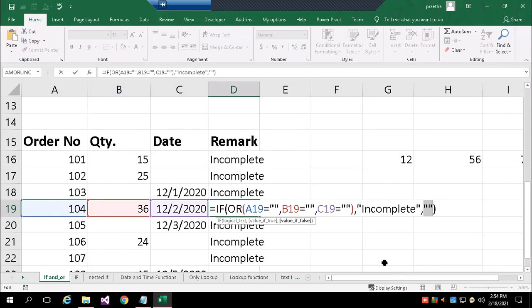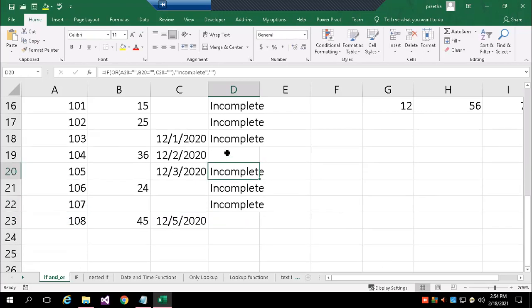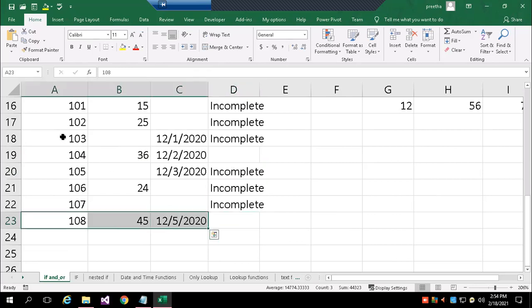So logically, when I have data and any one of the cells is not filled by the user, then I will say it is incomplete. Or else, if every data is mentioned, I don't want to write any remark. So when there is no remark, you should understand all the columns are filled properly.